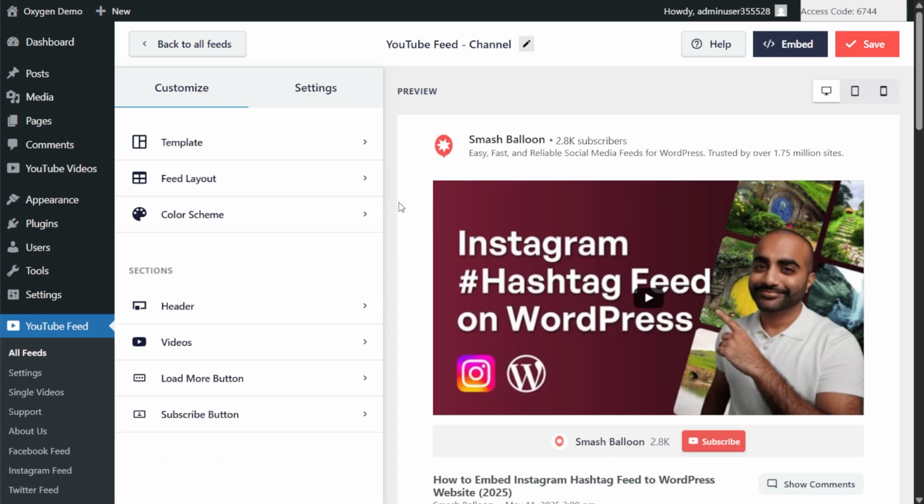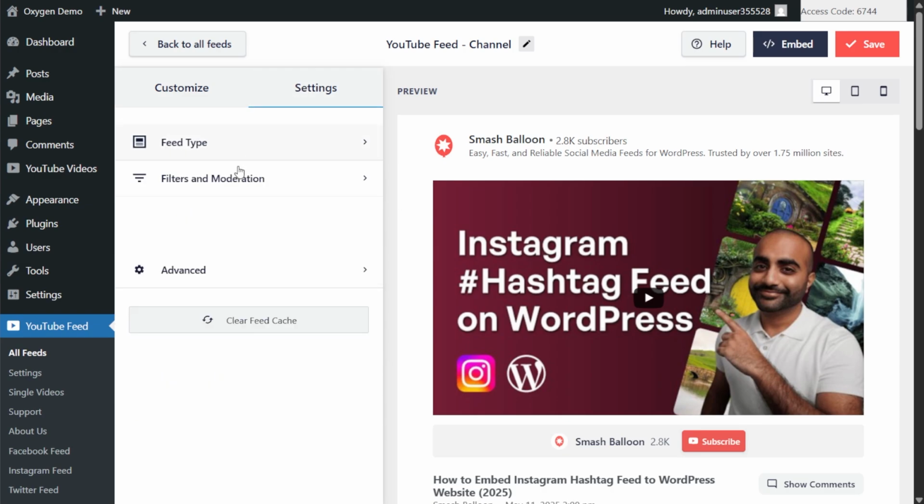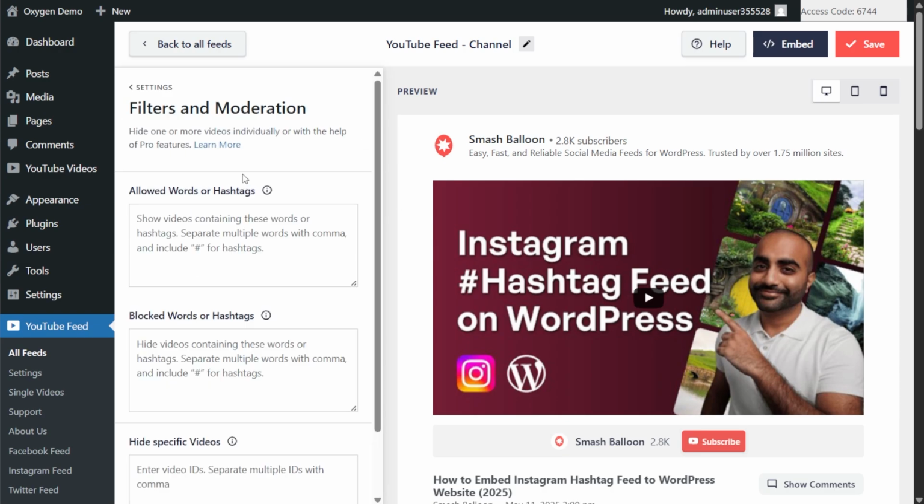And the last thing I'm going to show you is how we can moderate the content inside your YouTube feed. Go into the Settings tab and click on Filters and Moderation. Inside this menu, you can enter words or hashtags as filters. And you have 2 options for this, with the allowed words and the blocked words. If you enter a word or hashtag inside the allowed box, your YouTube feed will only show videos containing those